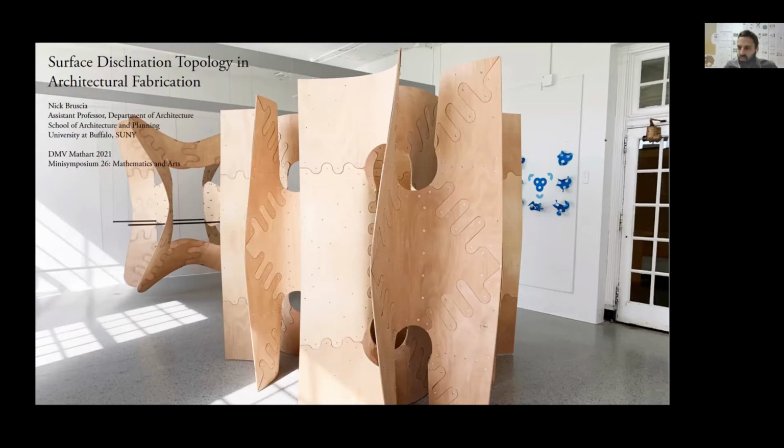and hopefully the work here is interesting for those of you who have some interest also in the connection between material behavior and mathematical concepts. So I'll talk a little bit about some physical work and some digital work that resulted from a sponsored graduate research studio that I led recently, last semester in the spring of 2021. We were lucky enough to be semi remote and semi in person, and we had our fabrication machines available to us. So I led this project with 12 graduate students of architecture,